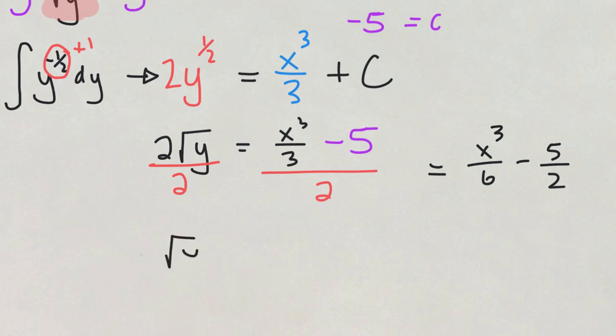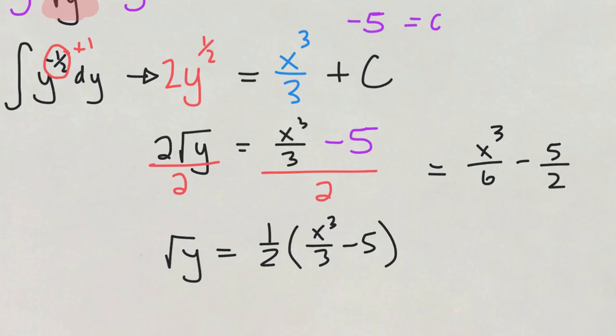So the square root of y, we could also write it as 1/2 in front. There's lots of ways that we could write this that are all correct. You could leave it like this, or you could write it with the 1/2 in front. It doesn't matter. But our last step is to